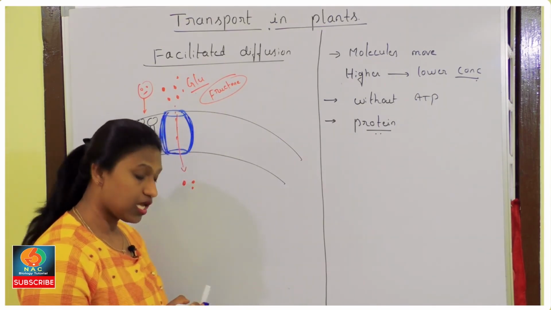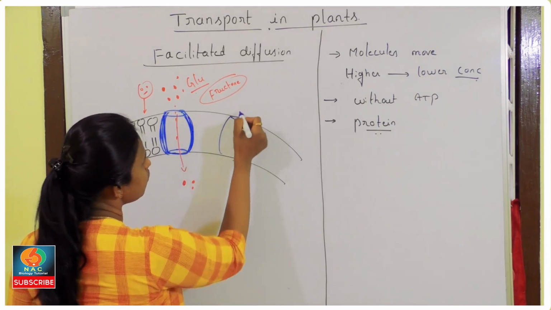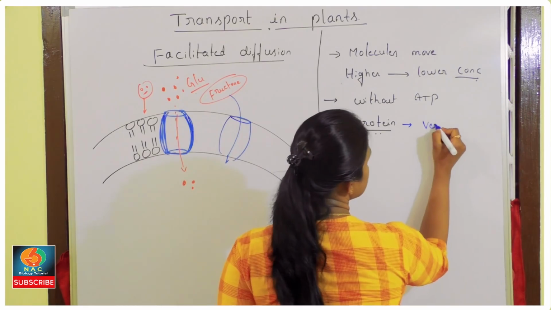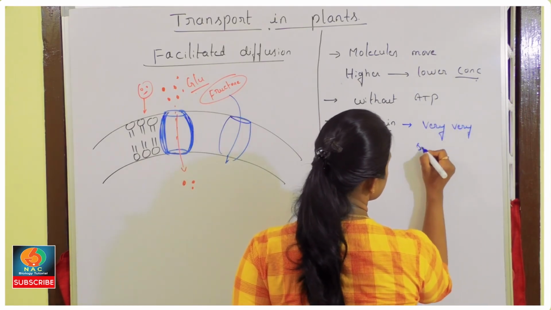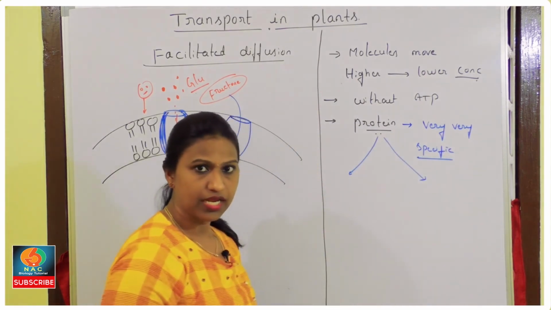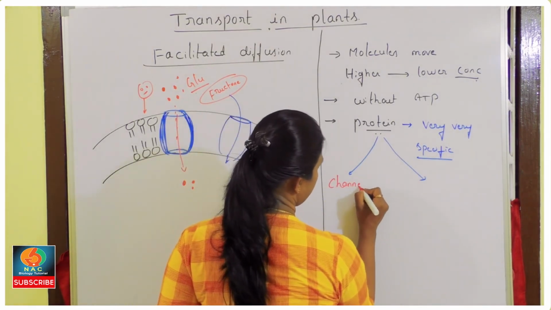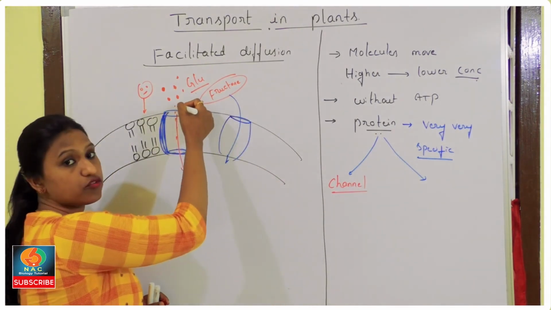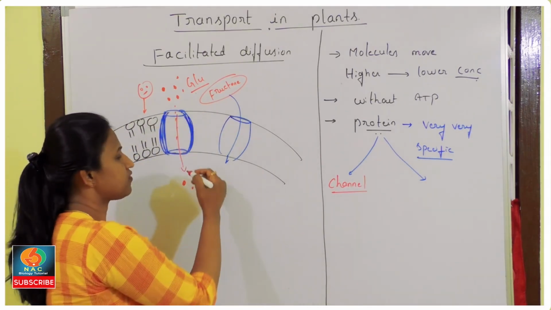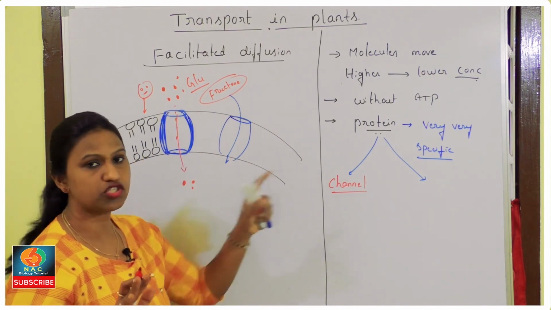So for the movement of the fructose, there are separate channel proteins. Okay, there are separate protein molecules present. Through this protein molecule, the fructose can pass. That means the proteins are very, very specific. So these proteins can be of two types. It can be channel proteins. It can be carrier proteins. Okay, it can be channel protein. Suppose if we have a path, through this path, the molecules can move. We call it a channel protein, so that even after the movement of the molecules, the shape remains the same only. It will not change its shape. So such type of protein, we call it a channel protein.